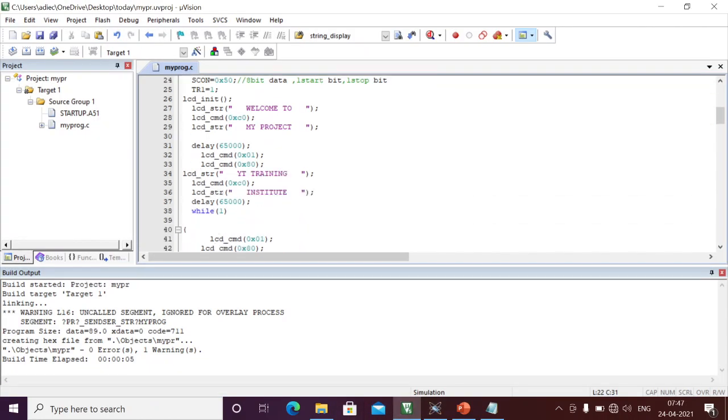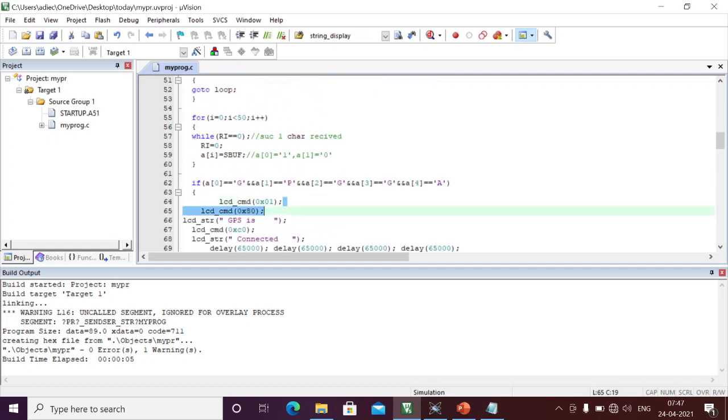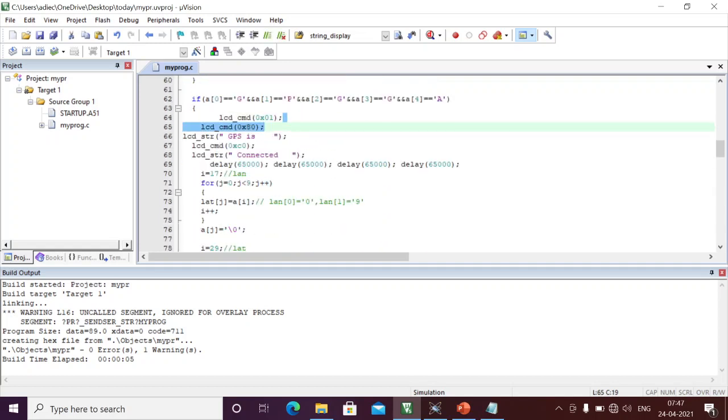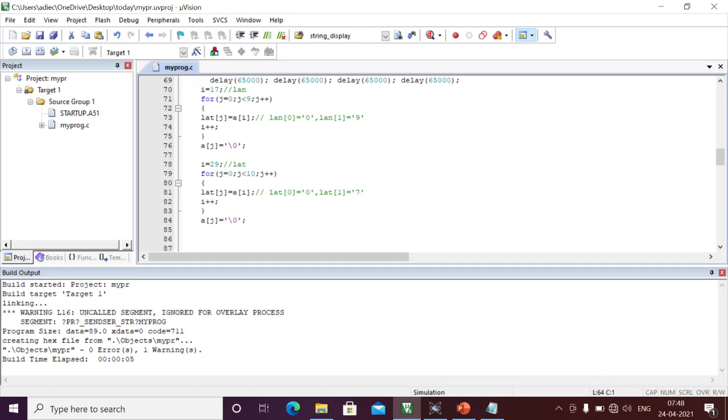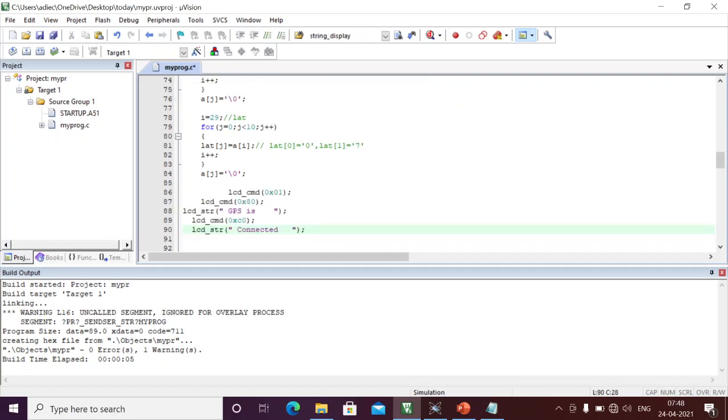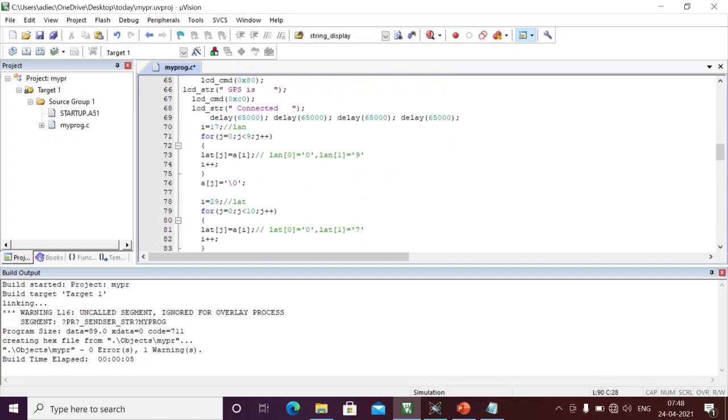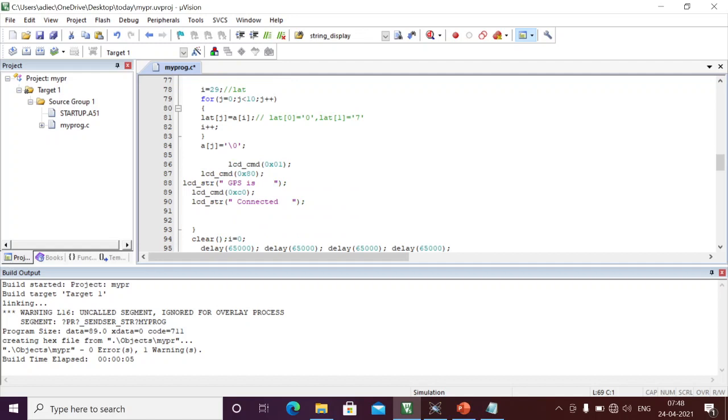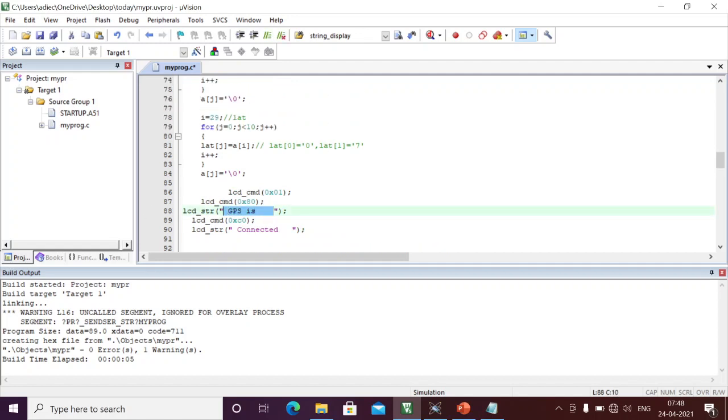Okay, here we missed displaying onto the LCD. That I am going to write now. Here I have the latitudinal data and longitudinal data. We just need to display onto the LCD. As of now we just pick up the exact data. Here I'm going to write and also display the exact data. Here I do not require this much delay. Anyway, at the end we are giving the delay, right? Yeah, this is fine. Here I'm going to display the first one, longitudinal data. Next one is latitudinal data.